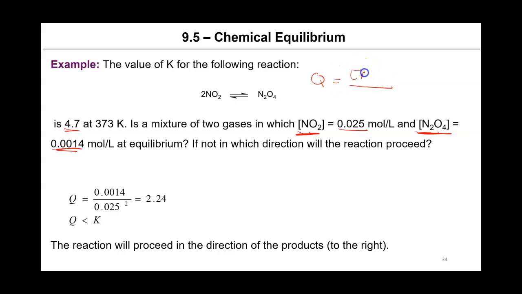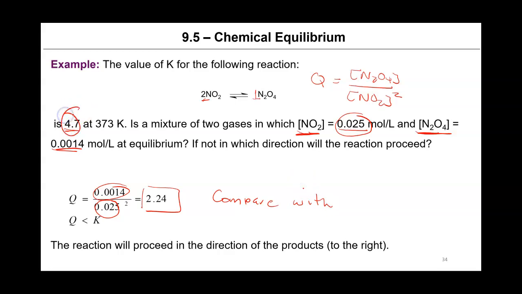Remember, it is always products over reactants. We only have 1 mole of product, so we don't need an exponent there, but we do have 2 moles of NO2, so we need to square that. Our concentration of N2O4 is 0.014 and our concentration of NO2 is 0.025. Putting all of that into the calculator, we get a value of 2.24 for Q. Now we compare that with K,